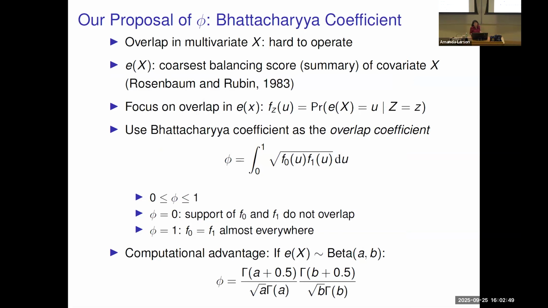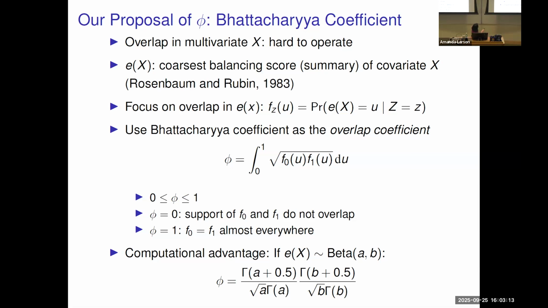Again, this student is a genius, because I had an idea. I gave him an overlap coefficient I had in mind, and it was some absolute value and stuff. He told me that that's very hard to compute. He said you should give us this. Anyway, before I go there,